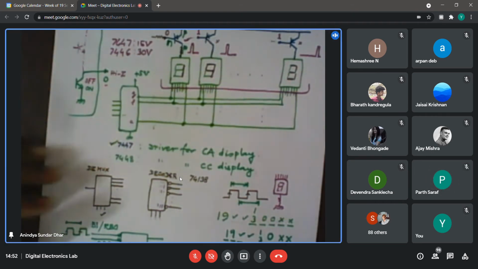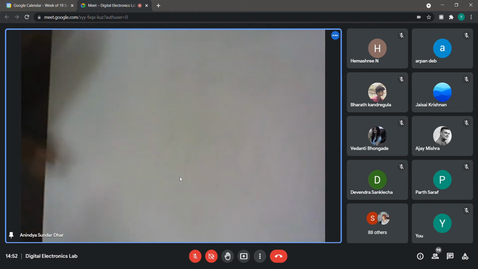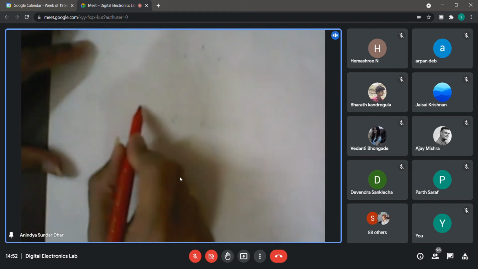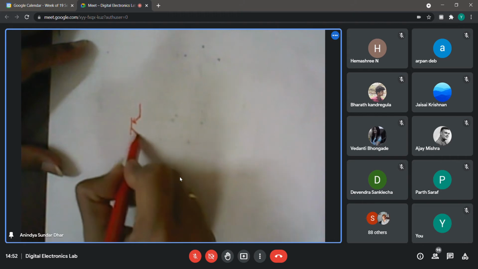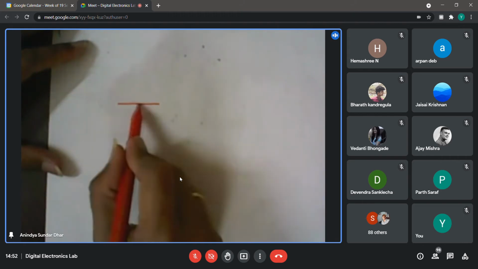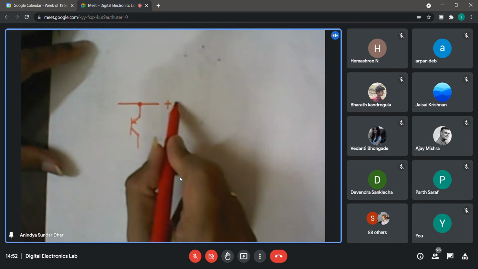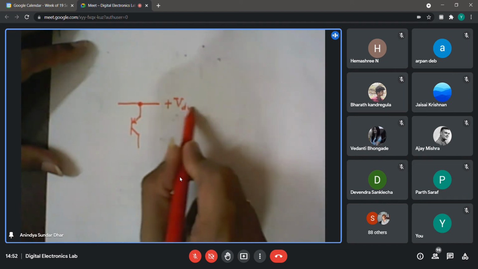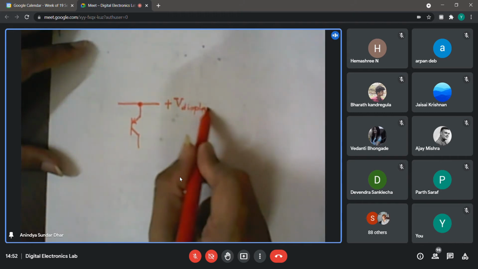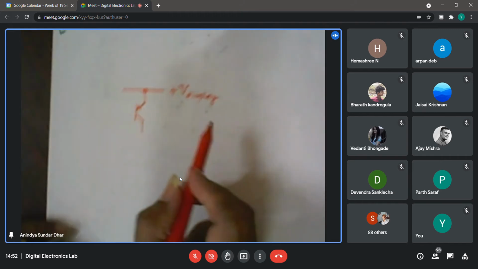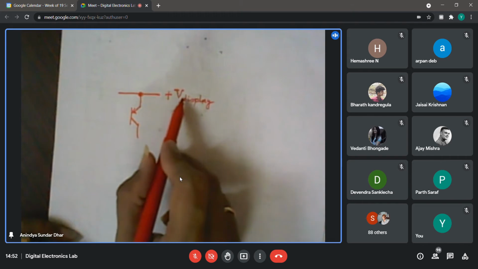Switching of the transistor, let me just take another figure. So if I use a PNP transistor, then it is relatively easy because I know the voltage at the emitter. It is plus 5 volt, plus 15 volt or whatever. I'm calling it plus V display, it might not be the same as the V for the TTL circuit, plus 5 volt. So this is the V display power supply.